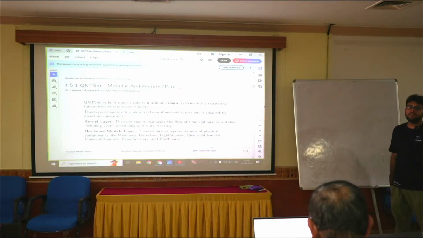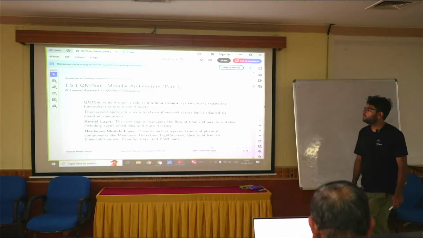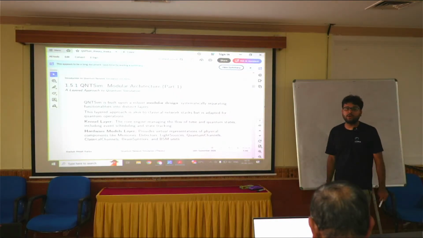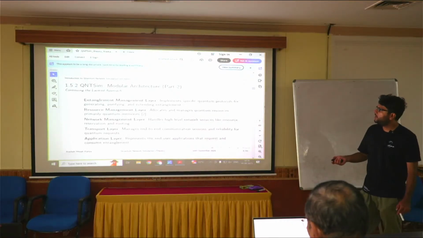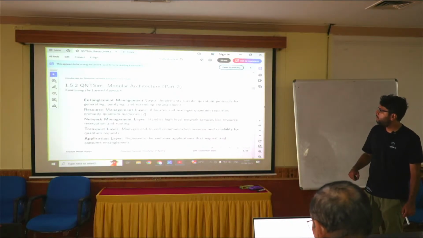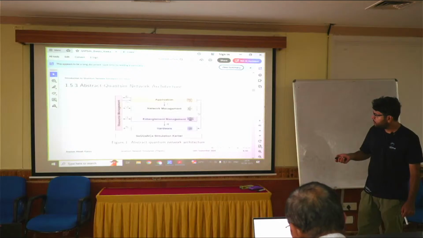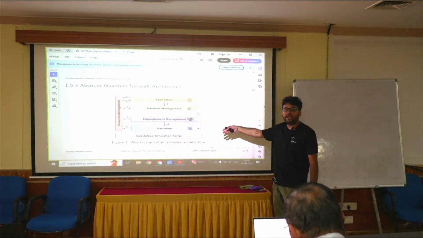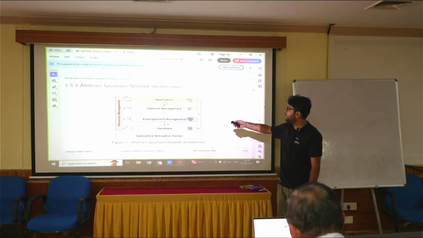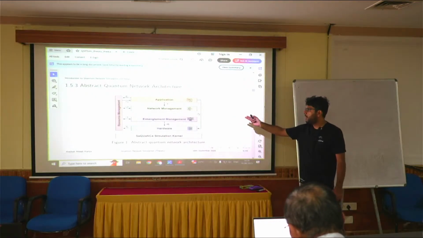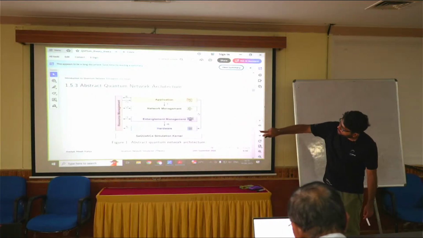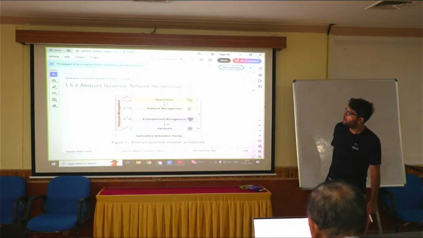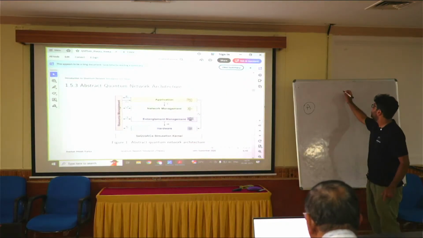So QNT-SIM, that is our quantum network simulator, our product. That is based on modular architecture. What I will do is I'll directly go to a pictographic representation. So these are the different layers which go behind our network simulator. There is the application layer, network management, entanglement management, hardware, and there is something like resource management, which is actually trying to transmit information